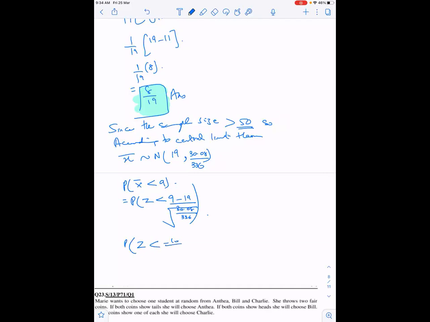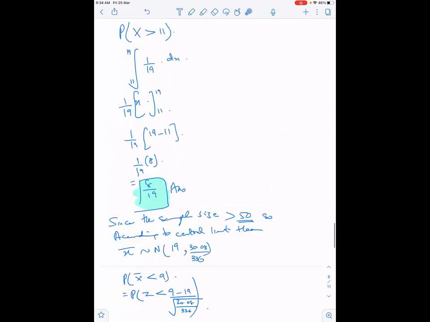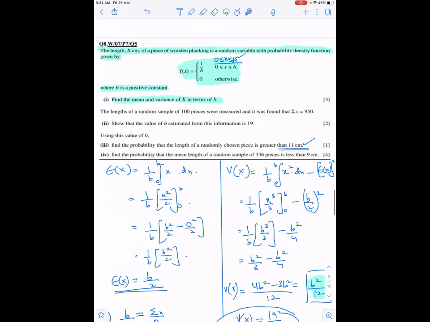Wait, I'm a bit... Could you explain it again, please? Sure, why not? Which part? How did I get the variance? Can you explain the variance part again, please? Sure, why not? Dekho, what I was trying to say is that the distribution they are not saying is normal, but since the sample size is more than 30 or 50, you can approximate it to be a normal